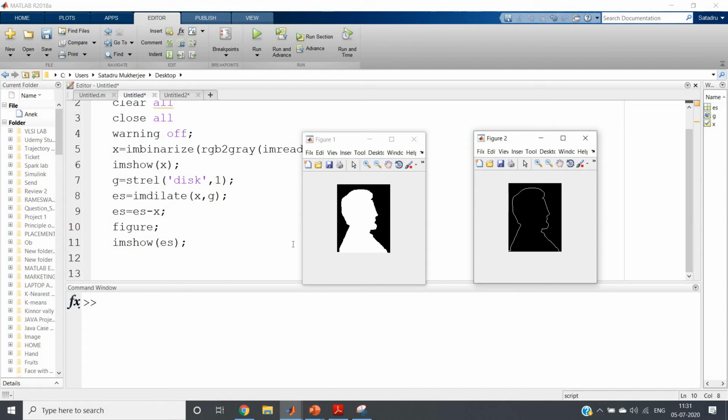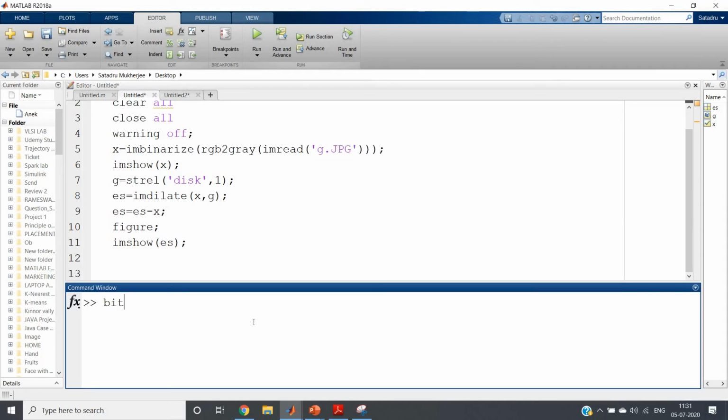Because we have seen bitxor gives us the absolute difference. Let me show you: bitxor 1, 0 will give me 1, bitxor 1, 1 will give me 0, bitxor 0, 0 will give me 0, and bitxor 0, 1 will give me 1.